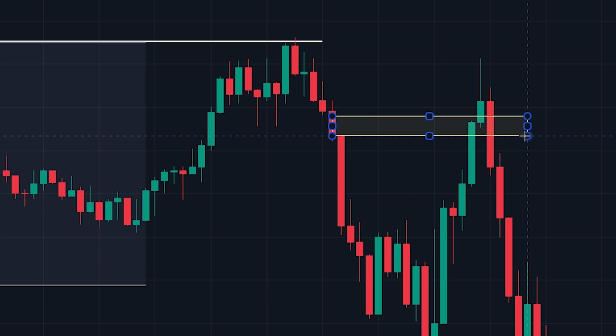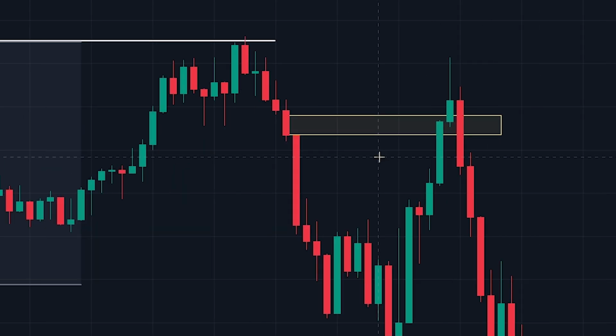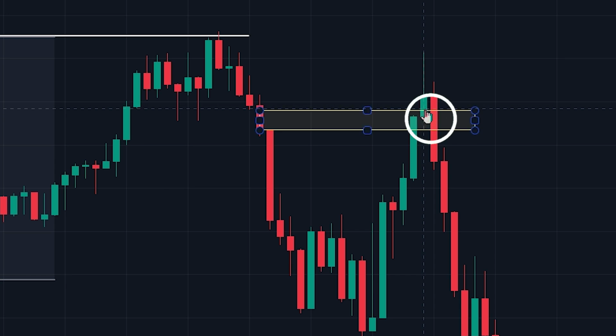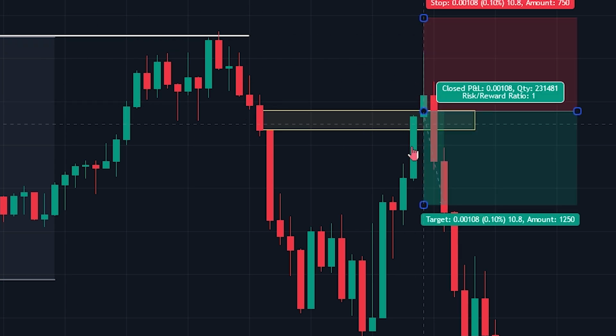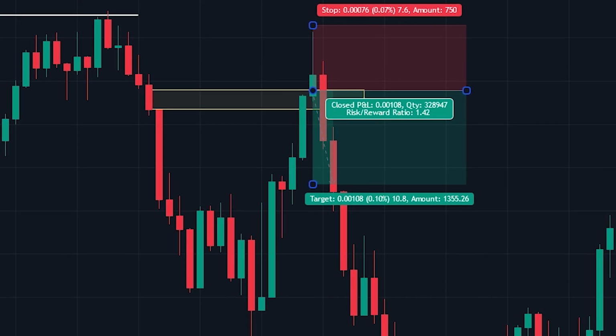We will enter into the position once the price reaches the fair value gap. We'll also need to make sure that the price fills the gap, meaning that the price needs to reach the upper line. This occurs here, so we would have entered into the position. We can see that if we would have entered into the position, the trade would have been very profitable, but